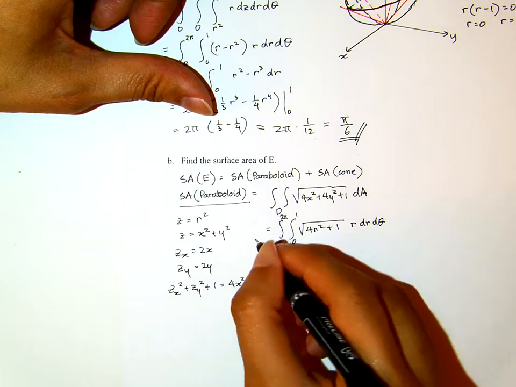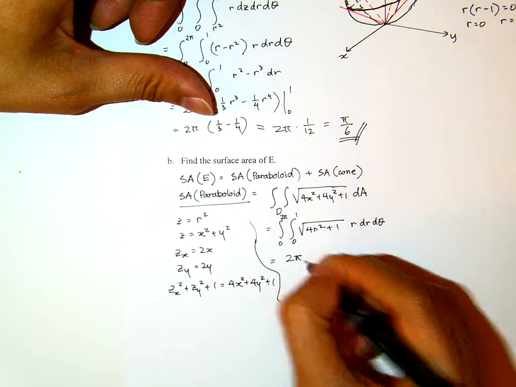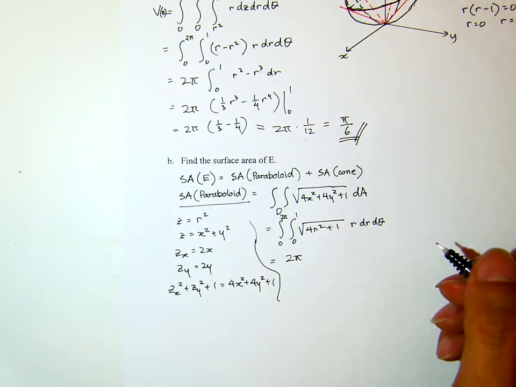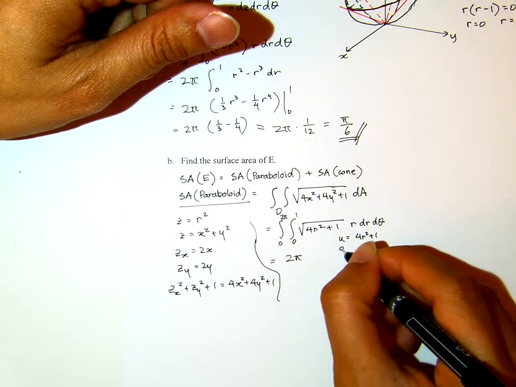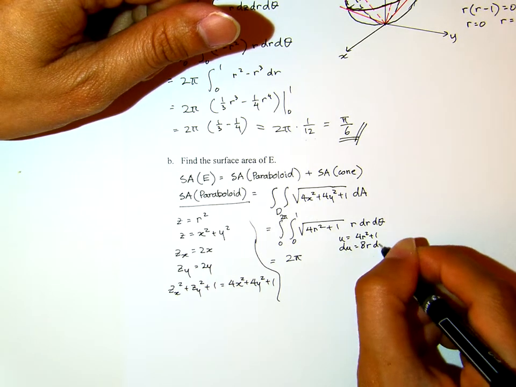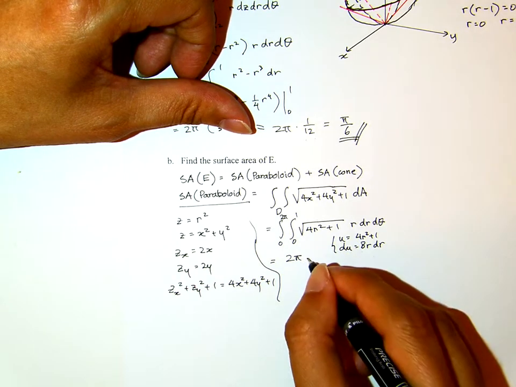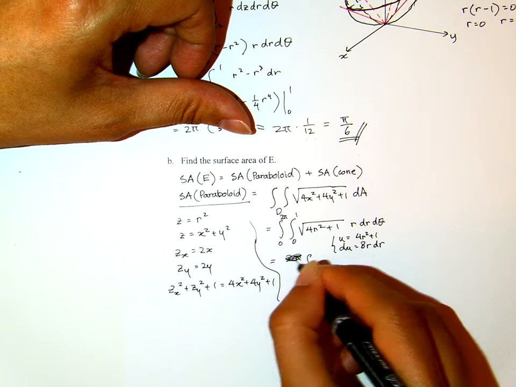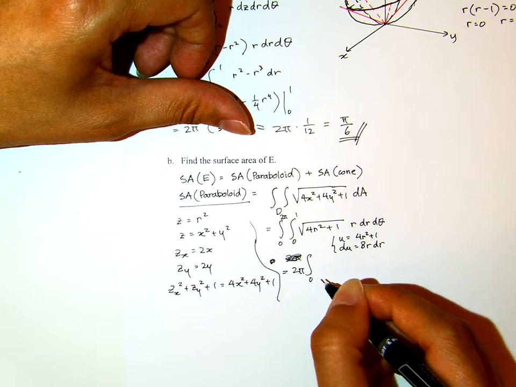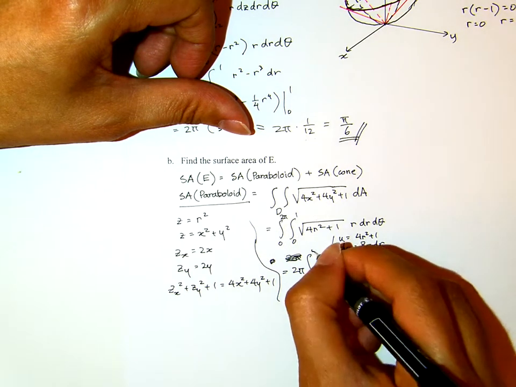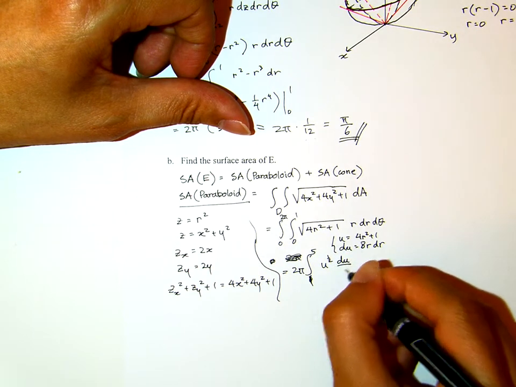Now again, as earlier, it is independent of theta, so I can pull that out, right? And then let me use substitution here. u equals 4r squared plus 1 such that du equals 8r dr, which means my integral right now, oops, I don't have enough space here, let me do it here, will be from, not 0 anymore, 1 to 5 of u to the power of 1/2 and du over 8,